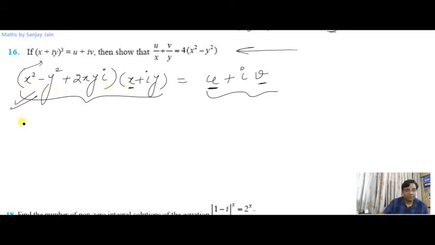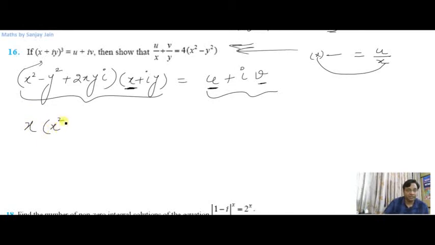So x, if I multiply here, will give me x cubed minus xy squared, or you could have written it as, let me keep it outside, because what I'm trying to do here is put real part equal to u. So I need x outside so that I can take it here and write it as u by x, which I need for the solution. Okay, so let me show you what I'm trying to say. x I don't have to multiply here.